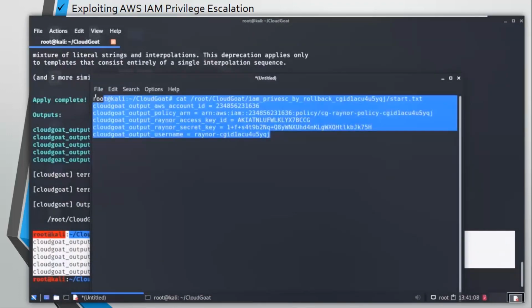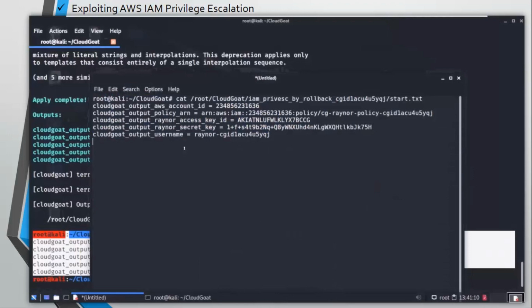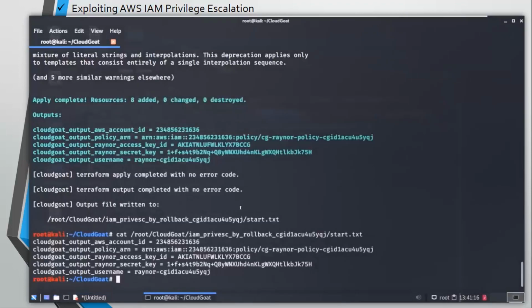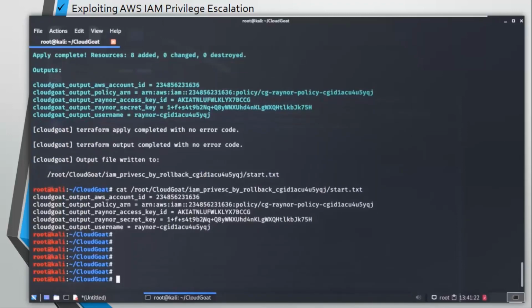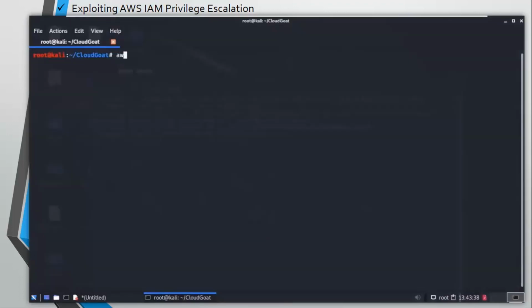Trust me on this, it is really practical. If you browse GitHub for this, you are going to find lots of access keys and secret keys of AWS accounts that are just lying around. Make sure you have copied this data in a separate text file because we are going to need it. Now let's configure some other things.